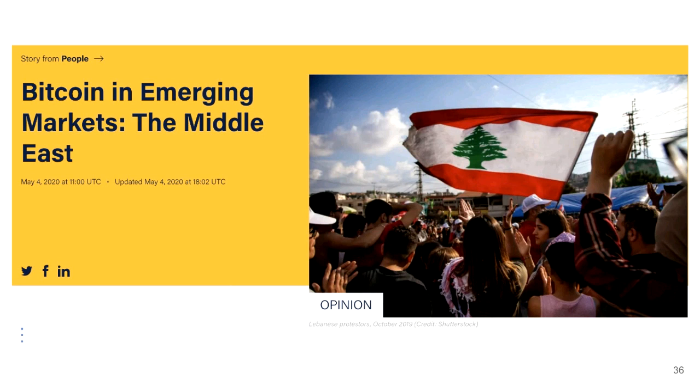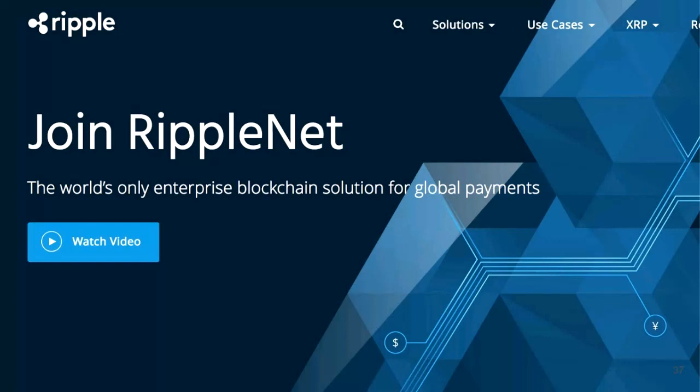So our last use case, Ripple, which some of you may have heard of. And Ripple's objective and kind of initiative is pretty simple. They want to become the borderless backbone for global remittances, whether it's institutional or consumer. And this is a very broad goal, as I'm sure you know. Ripple was very early on in the evolution of blockchain. It almost came right after Bitcoin and Ethereum, a few years after. But they've gotten some real traction in doing this.